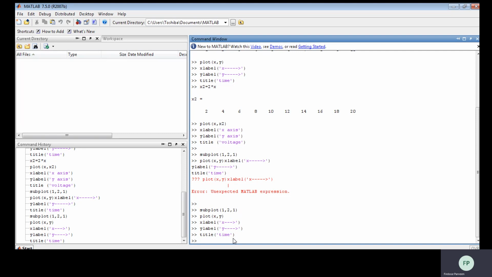Let me see the figure how it is. See here. This is y.